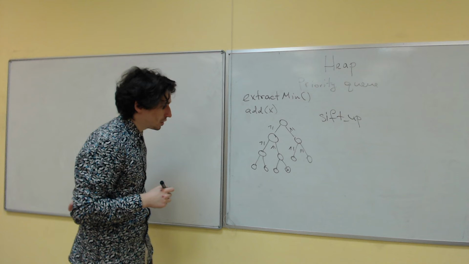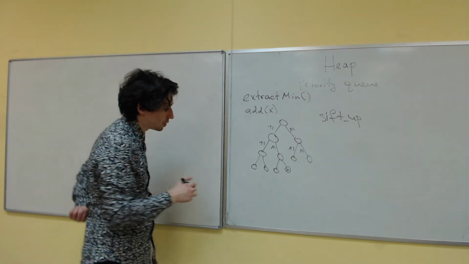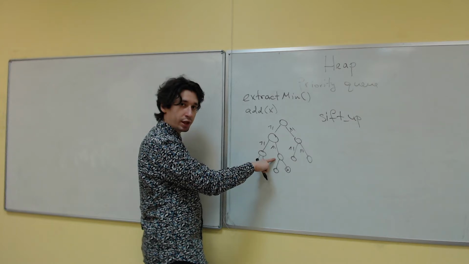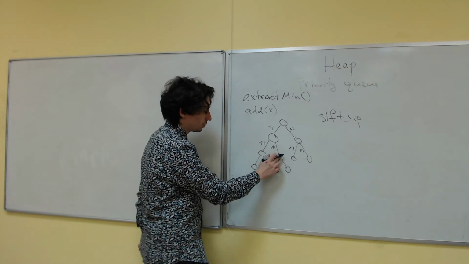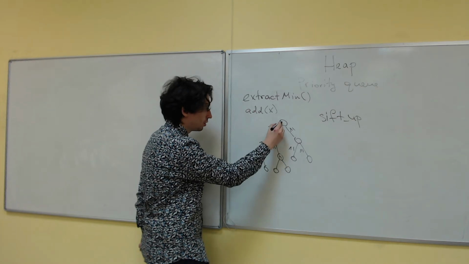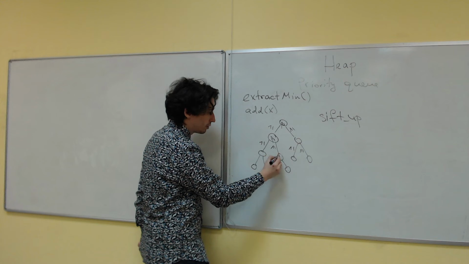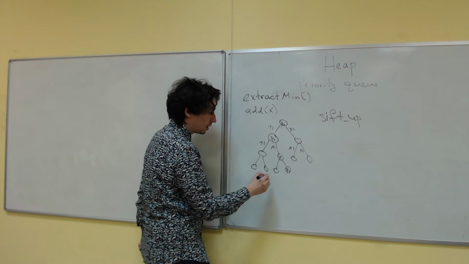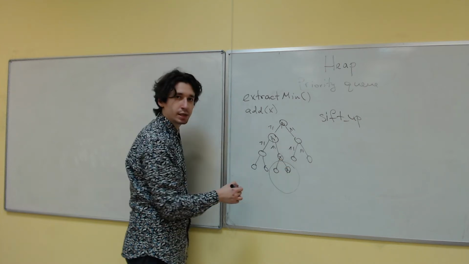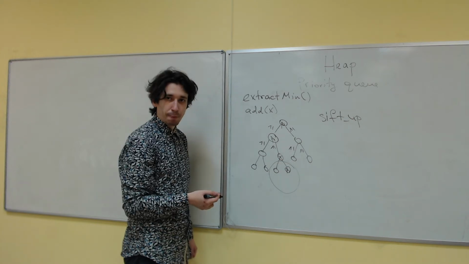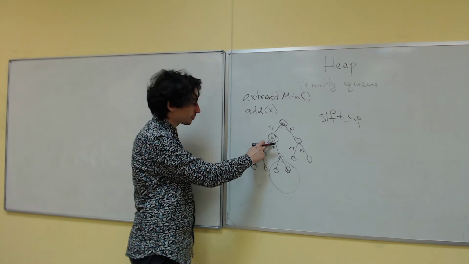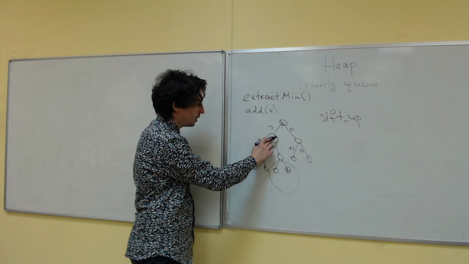So operation sift up will be doing the following. We have element x and we compare it with the parent. If it is smaller than the parent, then we replace them. Let it be p1, p2, p3. So we replace x with p1, and we know that already everything at the bottom, in these trees, is satisfied. Then we take x and compare it with the parent again. If it is less, then we